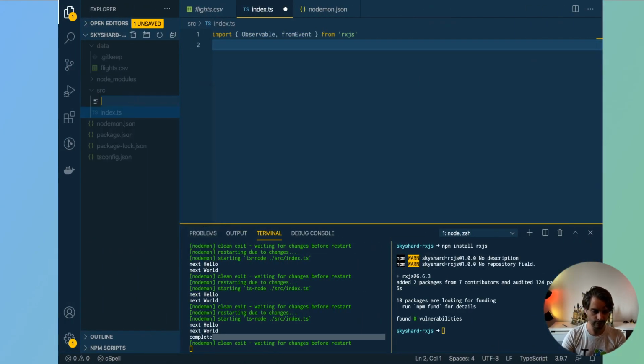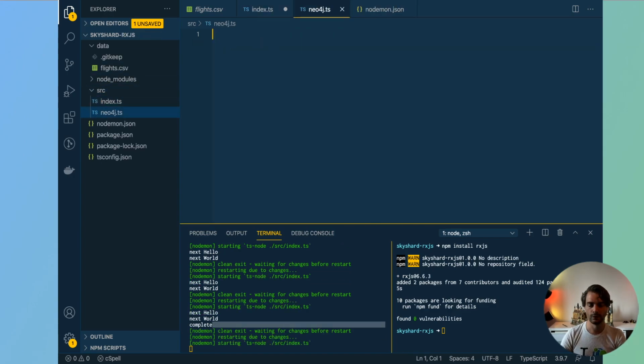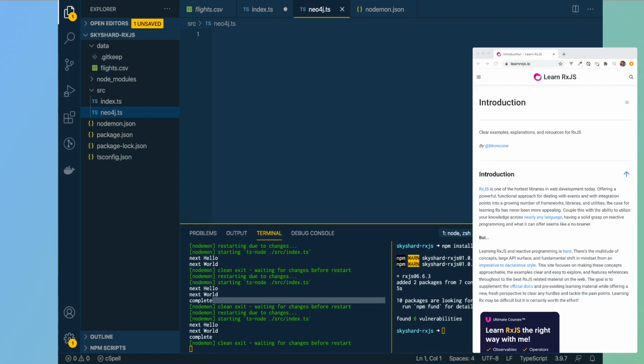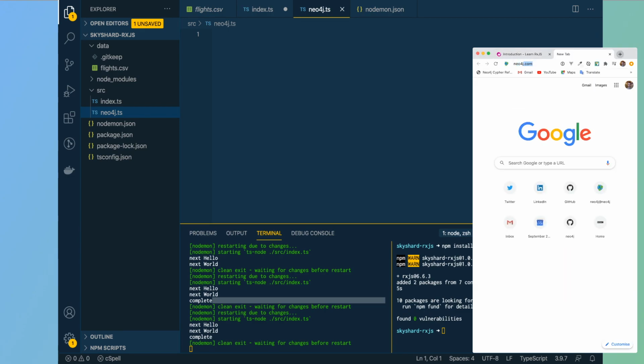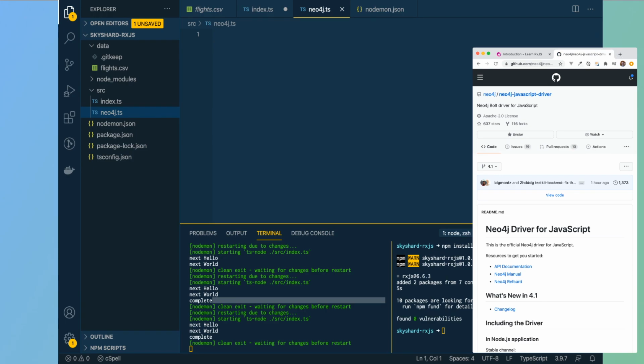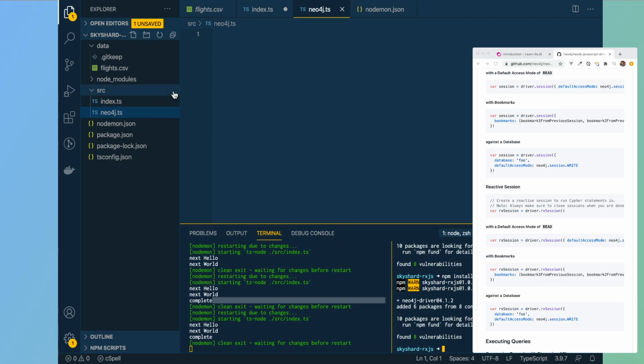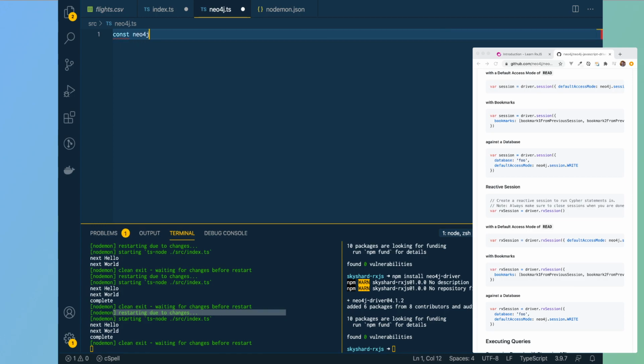So I'll just create another file, and let's just call that neo4j.ts. Cool. So if I stick these side by side. Cool. We want Rx session. So the first thing we need to do is to install the Neo4j driver, so we don't have that in there yet. Cool. So again, we'd import Neo4j from neo4j-driver,